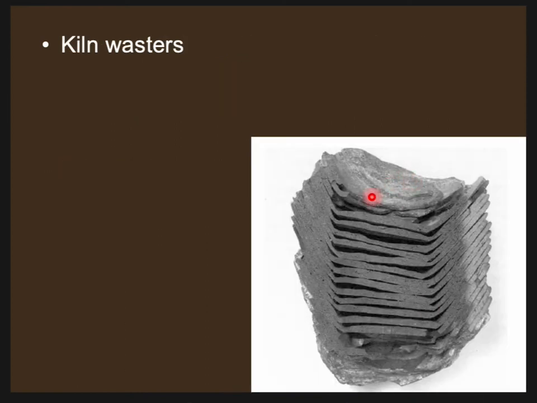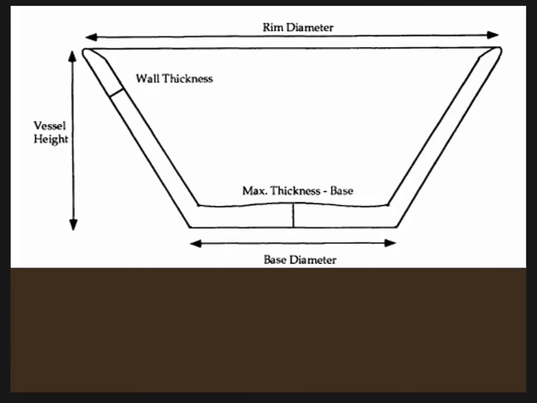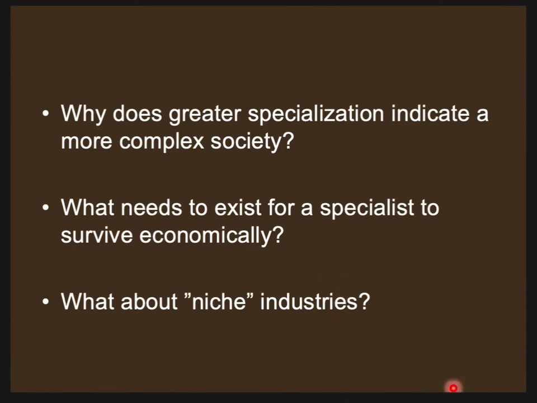Okay, so archaeologists would measure the thickness of, let's say, these vessels. These are vessels that were stacked up in the kiln. They all got messed up, and so they couldn't be traded. They were fused together, melted together. So archaeologists measured the thickness, measured the diameter of all these vessels. And what they saw is that they were all really close to each other. What that means is that there was a high degree of specialization. This meant that it was a complex society.